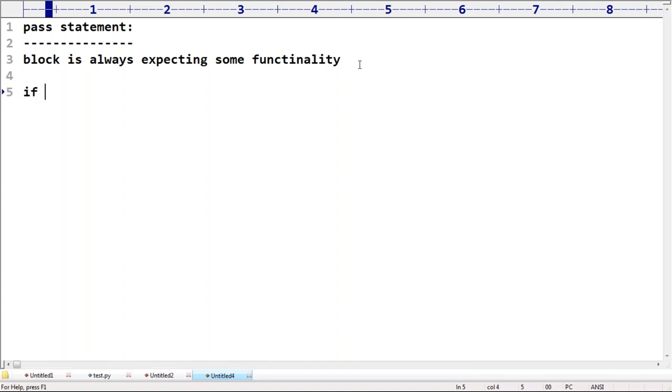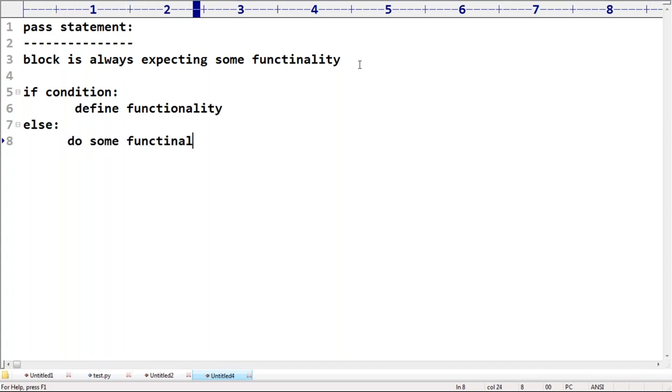Suppose here, if some condition is satisfied, I have to define some functionality. This code is going to be executed if that condition is true. Similarly, in the else block, again, do some functionality.